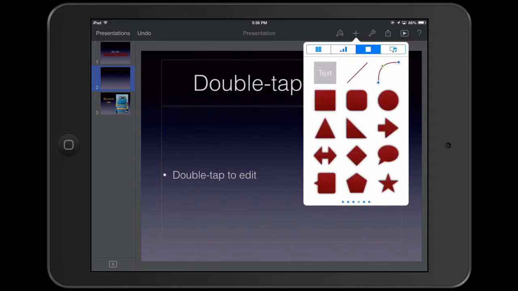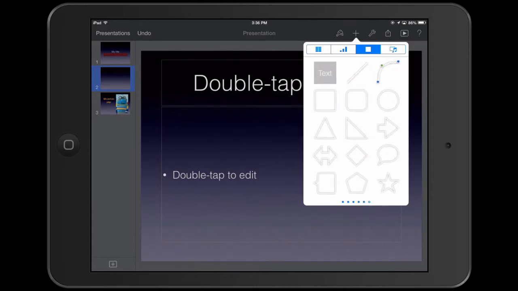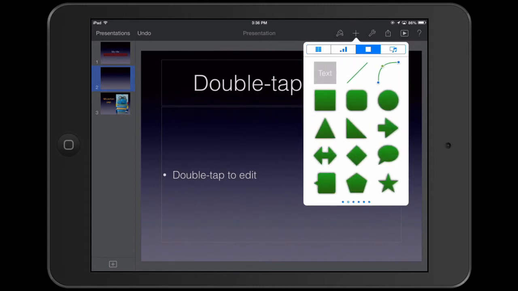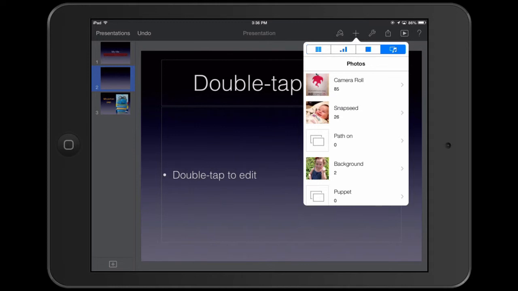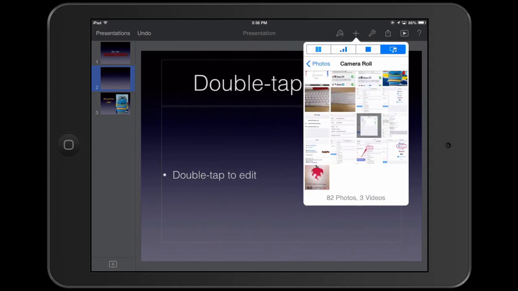You have your shapes and text tools with a couple different color options there. If you wanted a picture or an image on a slide that didn't have the pre-built picture space, you can add a picture onto any page, which is nice. Actually, let's do this